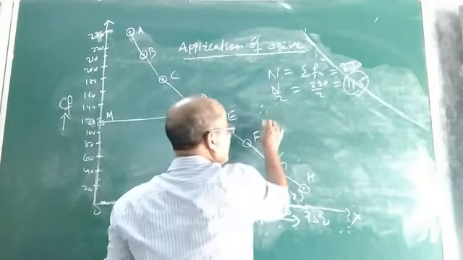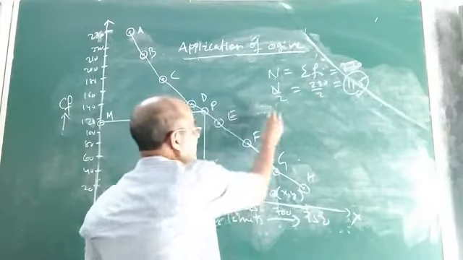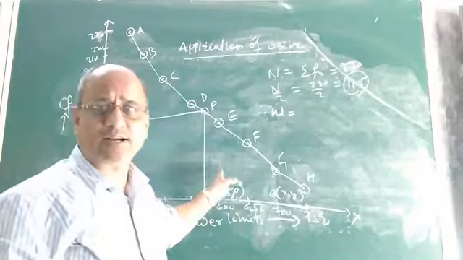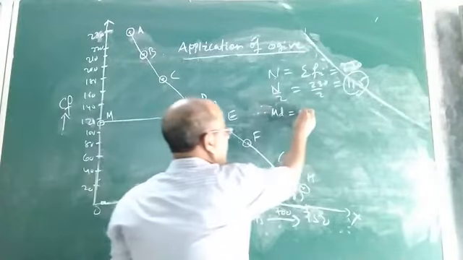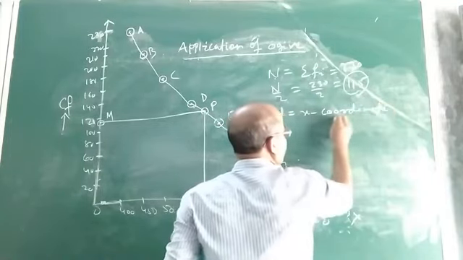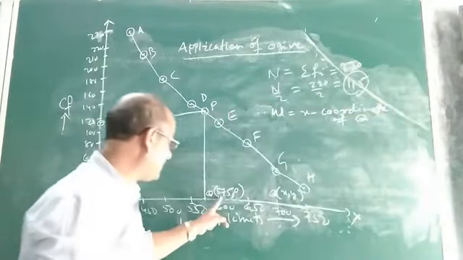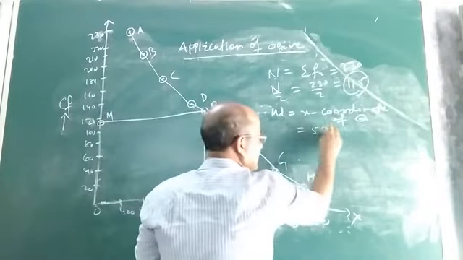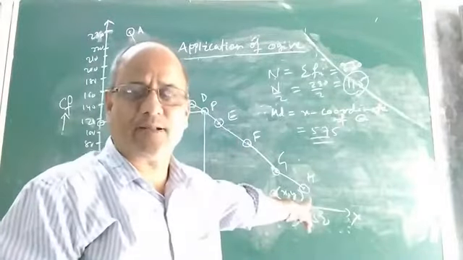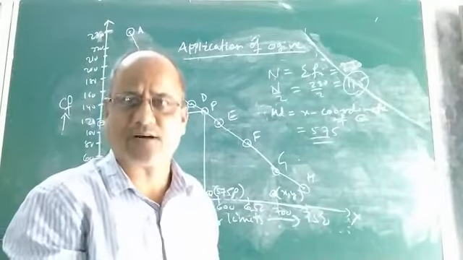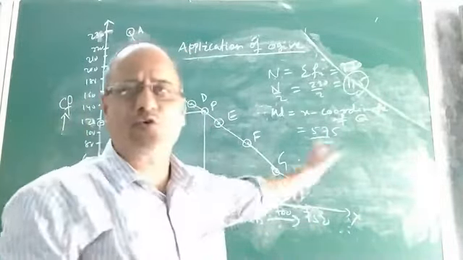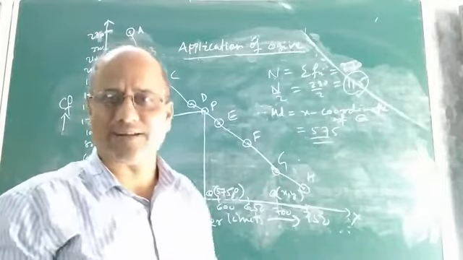So whatever is the x coordinate of the point Q, that will be the median of the given continuous frequency distribution. In this particular more than type ogive, or more than type cumulative frequency curve, the median is equal to the x coordinate of point Q. If the x coordinate of point Q is 575, then the median will be 575. See children, we did not apply any algebraic method. We did not apply the formula to find the median of the continuous frequency distribution. But still we could find it.